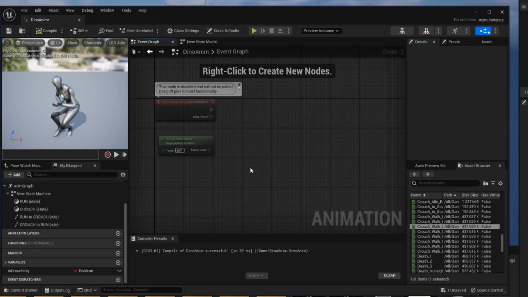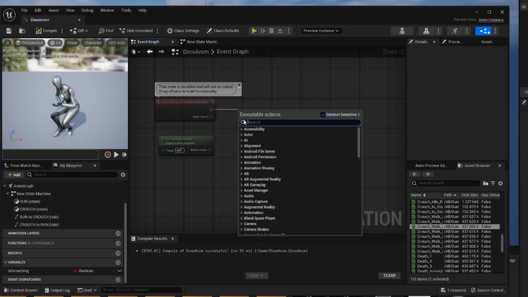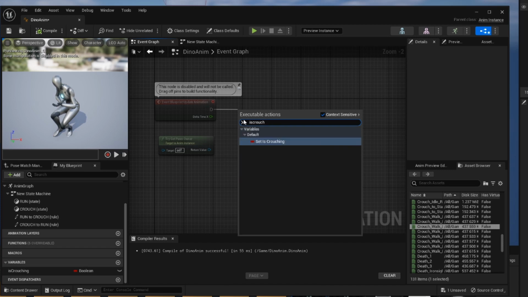In this event graph, we have two things by default. We have the Event Blueprint Update Animation event, and then we have the Try Get Pawn Owner. The pawn owner is set to the owner of this animation blueprint, or that will be wherever you put this. And then this event basically is called to see if we need to be updating animations. So dragging off of our event here, we are going to search for our is crouching variable,